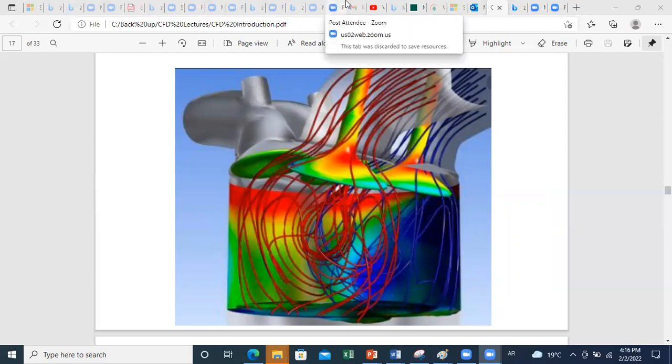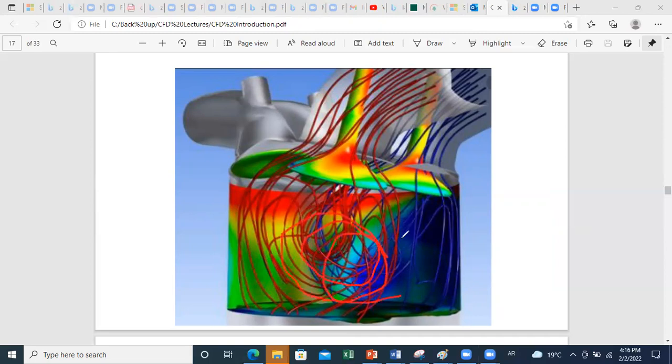If you have taken a course on internal combustion engines, you will see that it's very important to ensure a good turbulence level here in order to enhance the properties of the mixture of air and combustible. So here you can study the pattern of airflow within your combustion chamber. You can study the variation of temperature during combustion, also the variation of pressure, because you will need this information